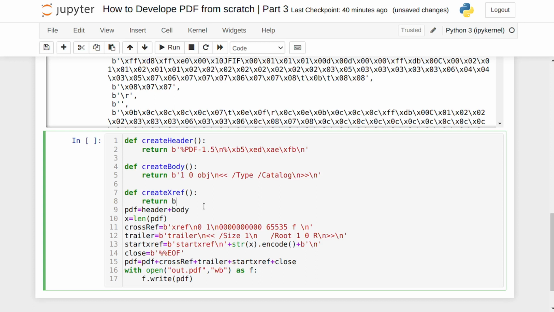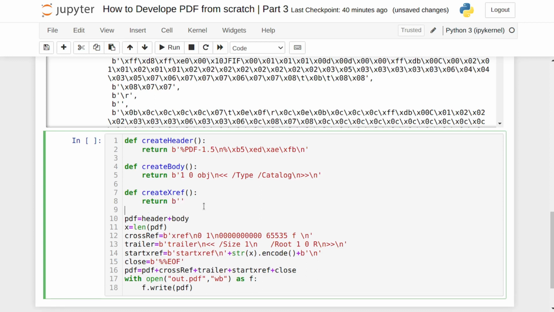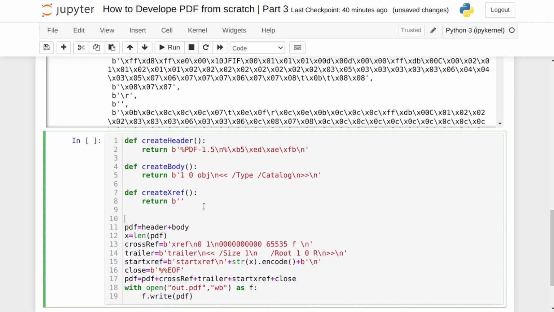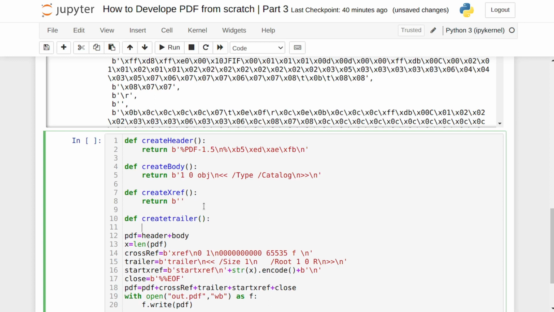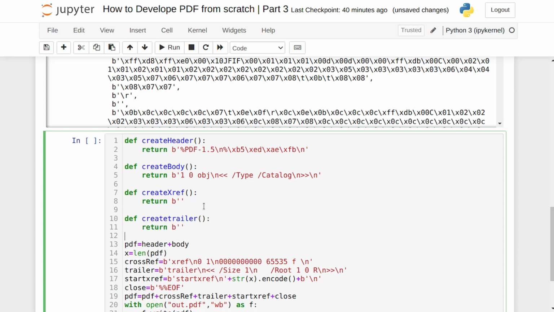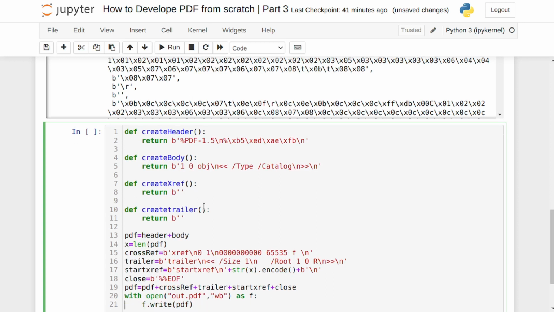Let's keep it blank to make it easy. And what do we have? We have the trailer. Create trailer and return. For now, let's just keep it blank,